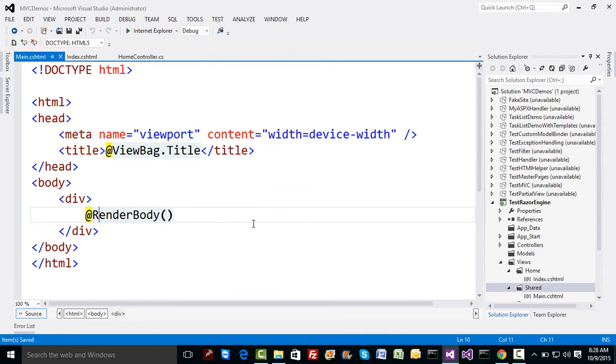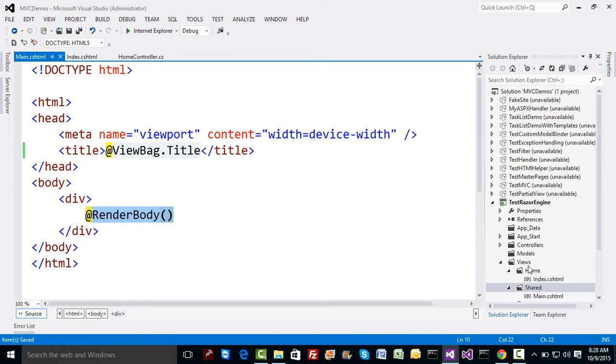And as you can see at the top, we have the doctype HTML, default support for HTML5. We have ViewBag.Title. If anybody has to set a value for ViewBag.Title, one can very well set the title using the content page even. And we have one concept called RenderBody, which means this is where the actual content of the page will go.